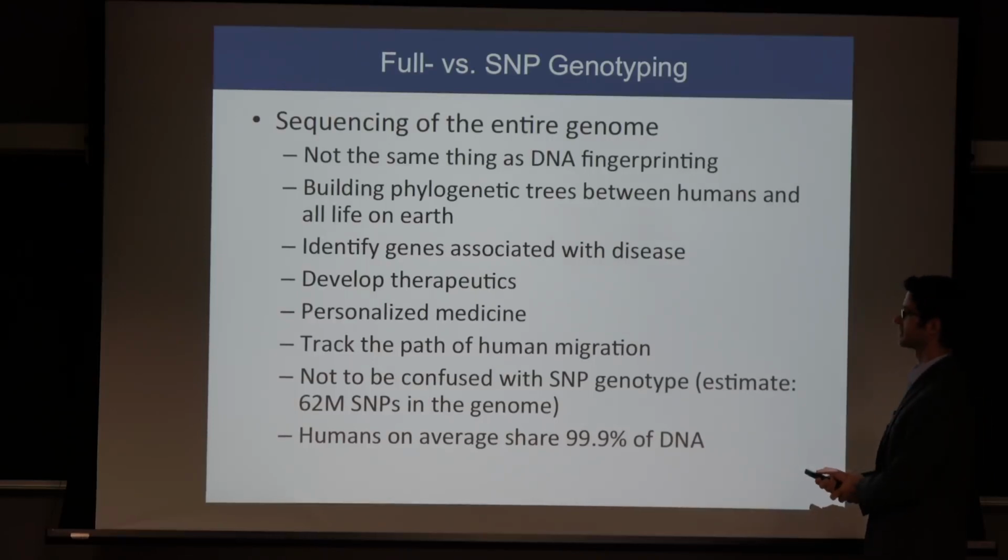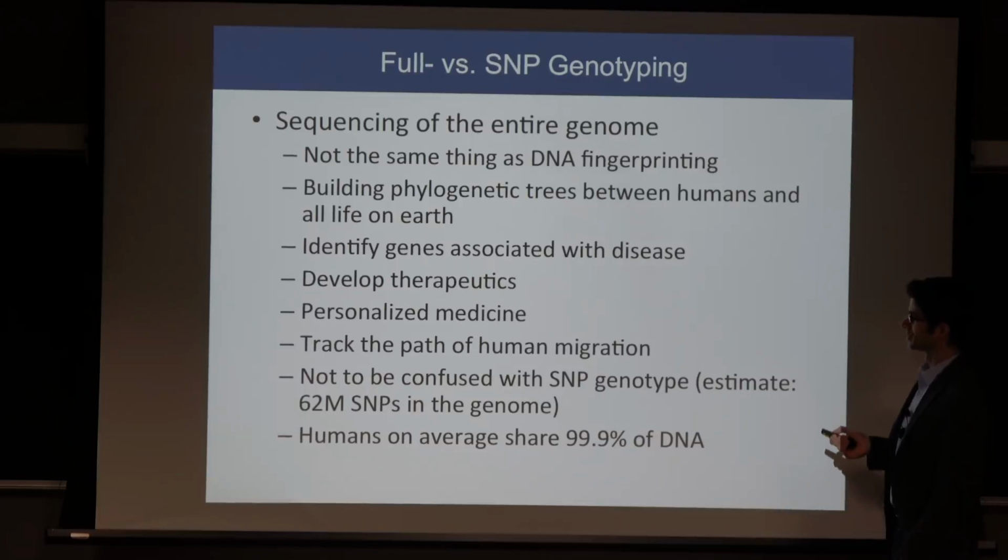It's quite a bit more sophisticated than DNA fingerprinting because it actually involves getting information about the nucleotides in your genome. And what it's useful for is building phylogenetic trees between humans and all life on Earth, identifying genes associated with disease, developing therapeutics, personalized medicine, tracking the path of human migration,